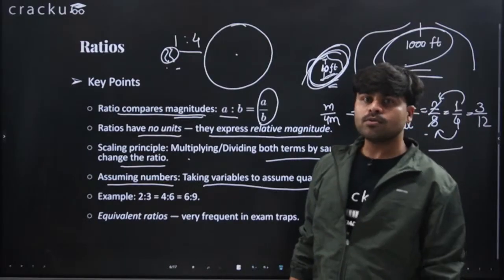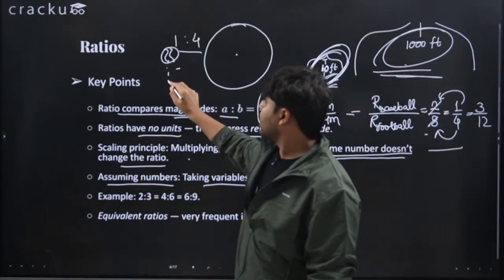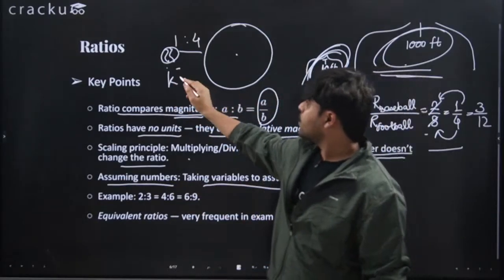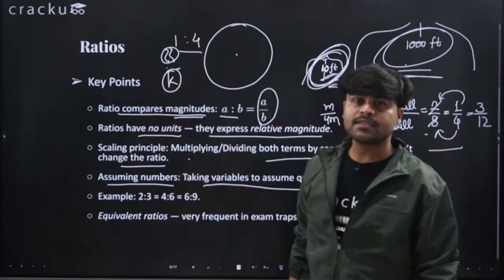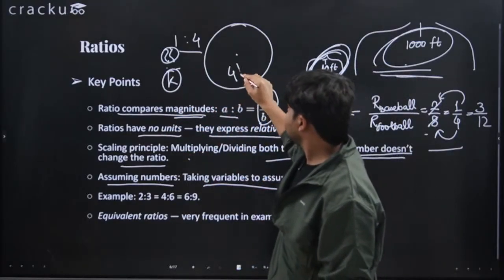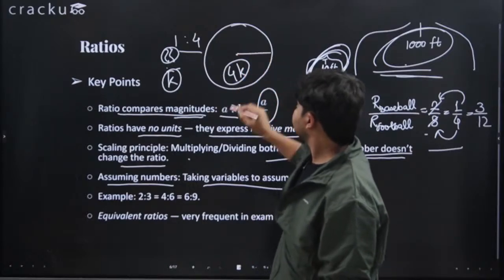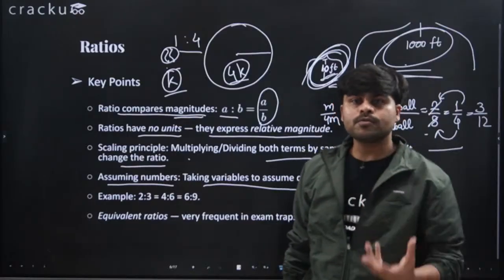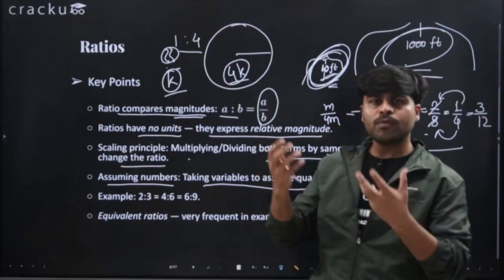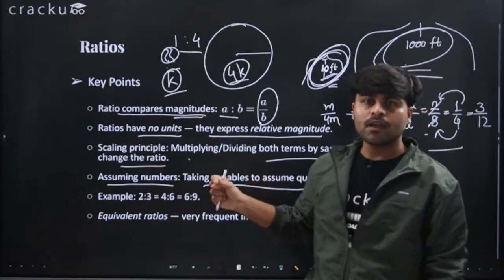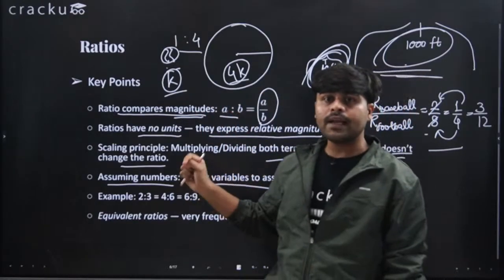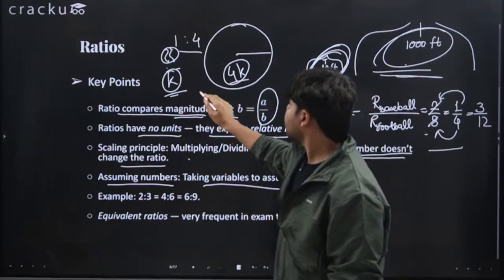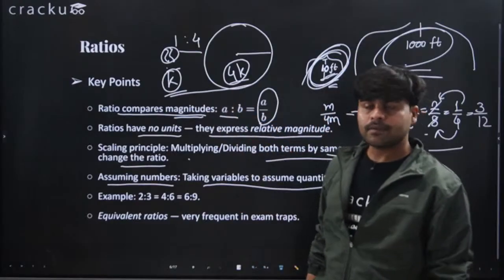So what are you exactly going to do? Well, you are going to assume a constant, say k or x or m or y or whatever. You are going to say that the radius of this ball is k and the radius of this ball is 4k. When you do this, the ratio remains the same, but essentially you have given values. You have taken information from the ratios and given the right values. So this is why this works. And this is a very important method that will help us solve many questions. So make sure that you truly understand what exactly is being done here.